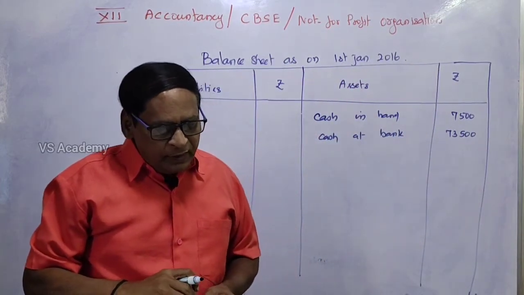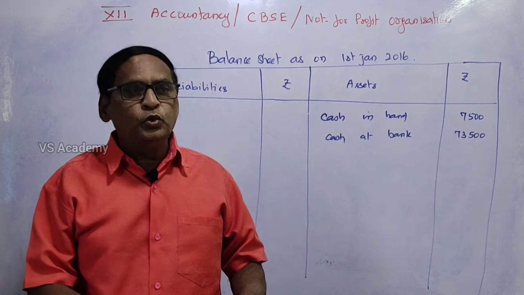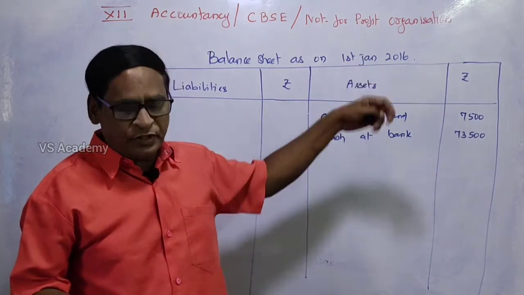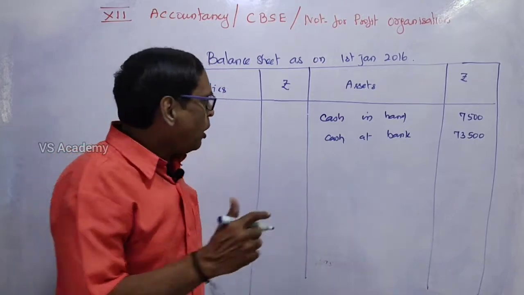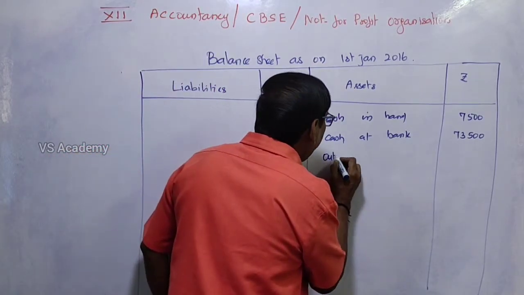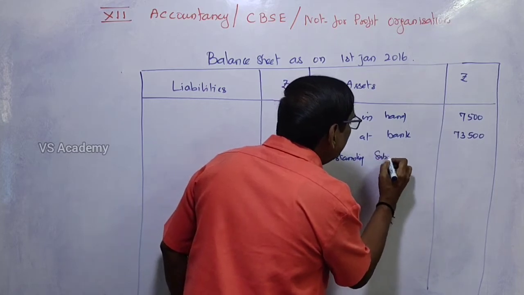Apart from that, as per the additional information, subscription included rupees 24,000 for 2015. 2015 means the last year. So outstanding subscription is also given in the question paper. So outstanding or accrued subscription